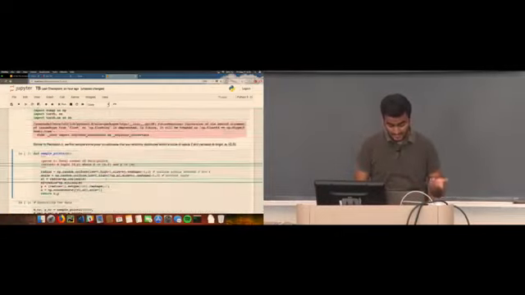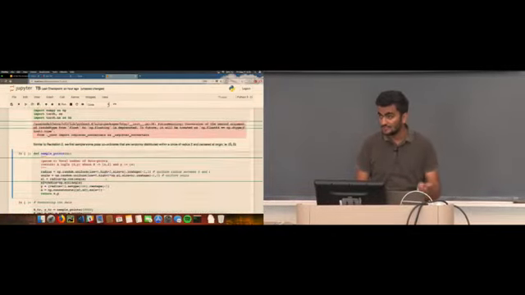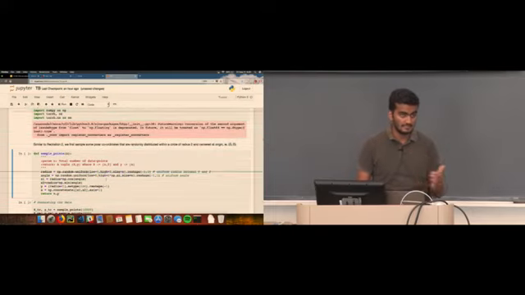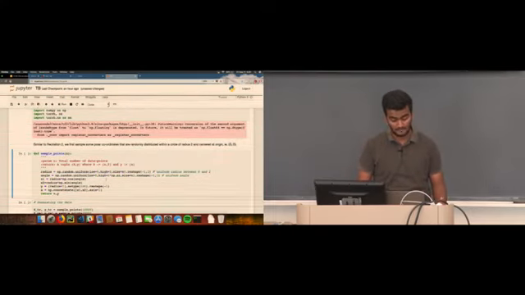And similar to Recitation 2, we have a particular function that is going to generate the polar coordinates for you. Basically, it's going to generate the x and the y for you. So this function is,